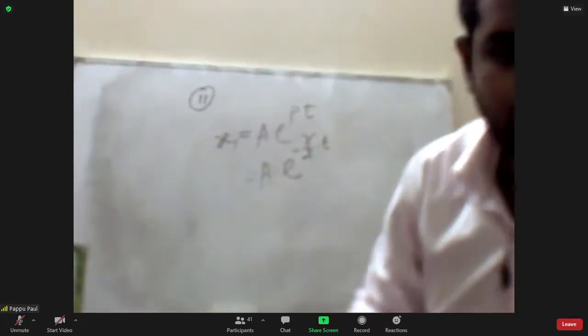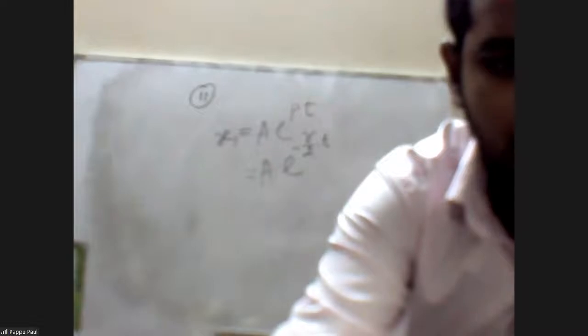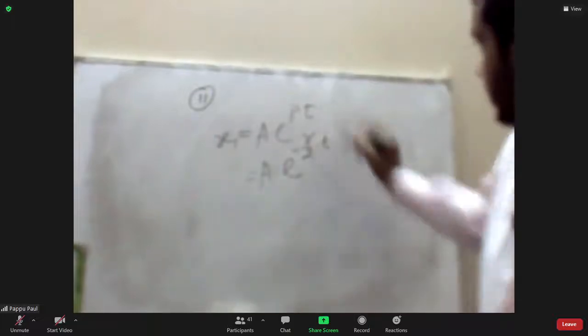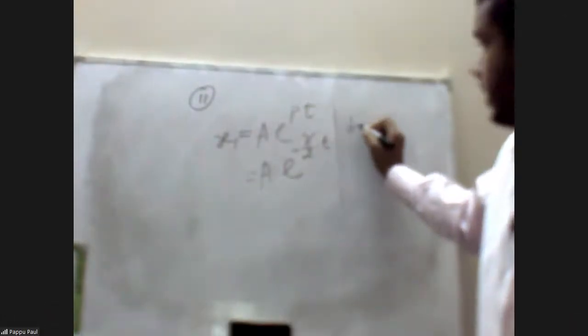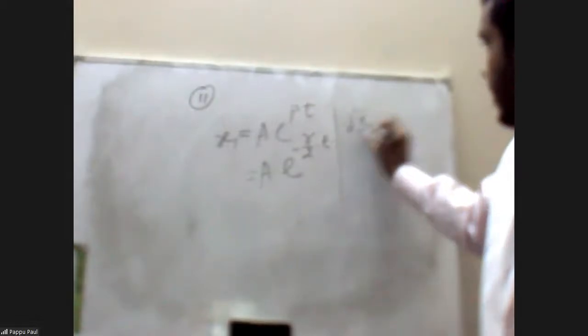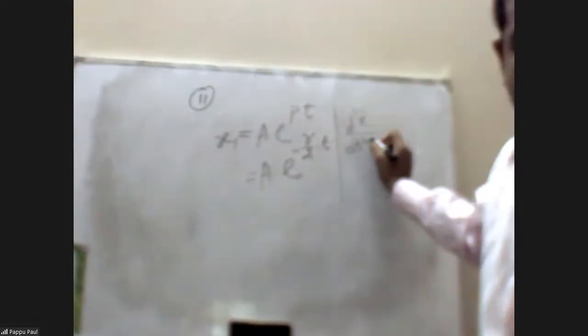Our equation of second order homogeneous equation was like d square x by dt squared